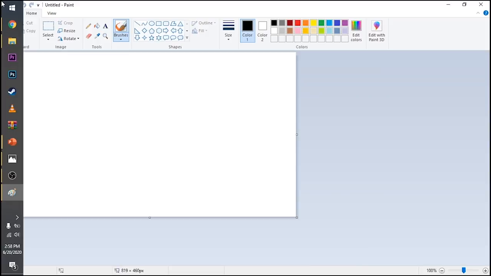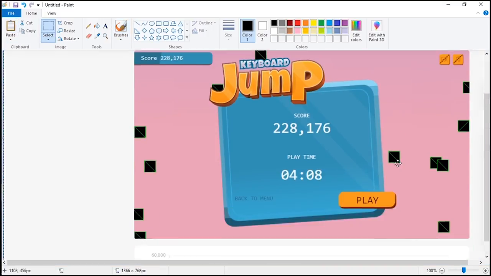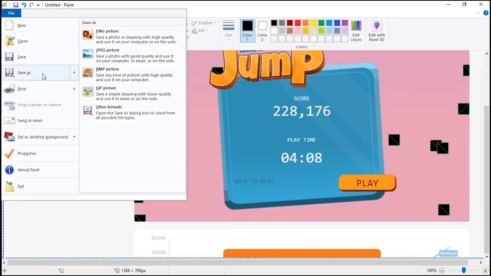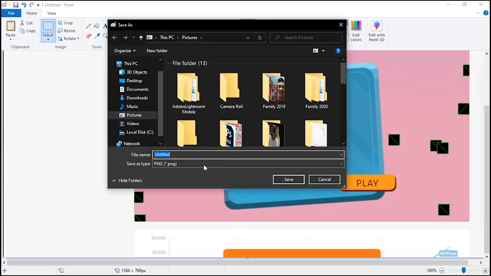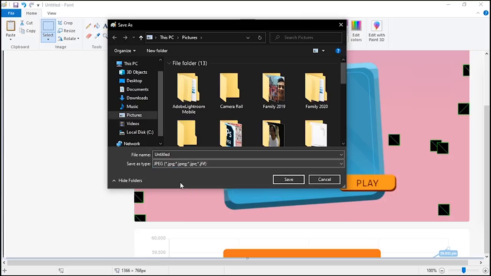After that, nasa paint na kayo. Right click nyo lang dito, or wala pala, hindi pala right click, sorry. Control V or paste. Saan yung paste? Ito yung paste natin. So yan, nandito na yung picture natin. And then go to file, click save as, and then isave nyo yung title. Gawin yung JPEG. So ito yung save type. And then the title is week 1 game